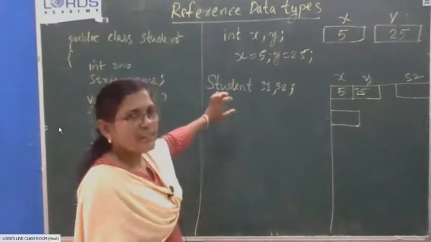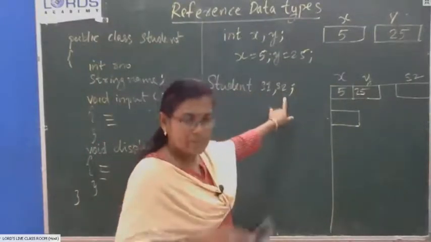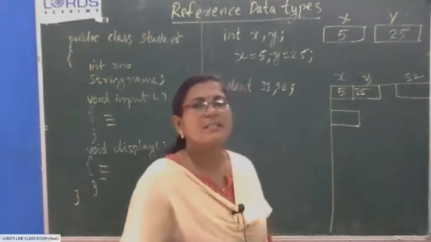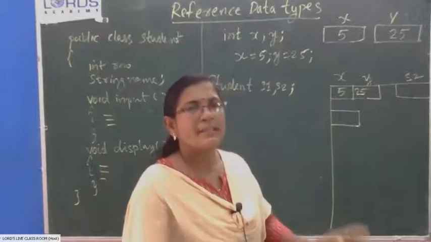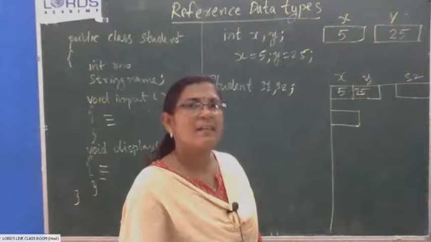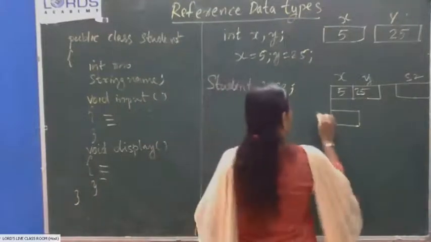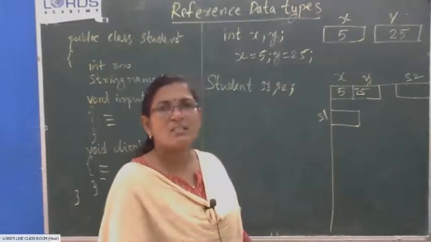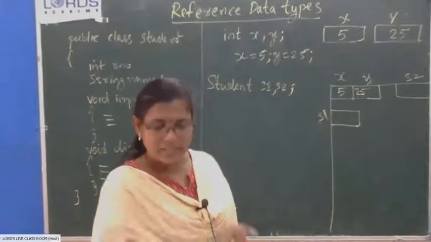So there is an addressing system to give a memory address to each cell in the memory. When you declare variables of class type, student type S1, S2, you are telling the computer, please reserve 2 different locations in the memory, 2 pointer variables, and give the names S1 and S2 to them. Later on I will be using these storage locations. That's the information you are giving to the compiler. Now the object is not created. Two reference locations or two pointer variables are created in the memory.